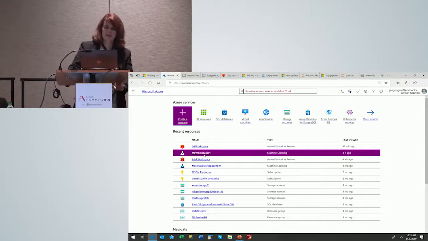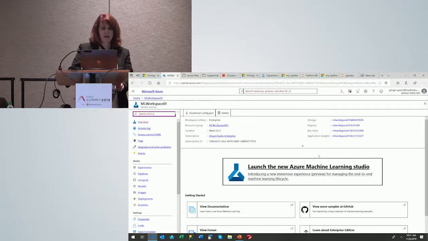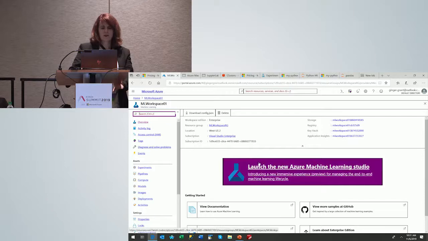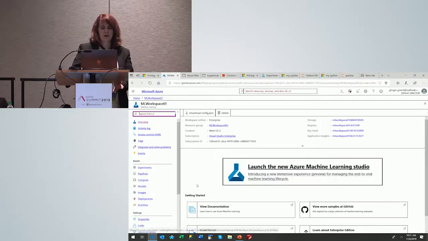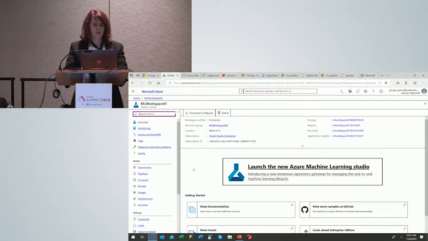So we're going to go to my existing machine learning workspace. And this is where Microsoft anticipates that I will be, my container, my resource group, if you will, for all of my Azure machine learning components. I will launch the new Machine Learning Studio. Oh, by the way, this is a new name. This was not called this 3 weeks ago. And so maybe this name will stick, I don't know. But the new Azure Machine Learning Studio, we'll look at that after we look at the rest of the components, because I've had some issues with it today, and I want to make sure I can show you how it works.